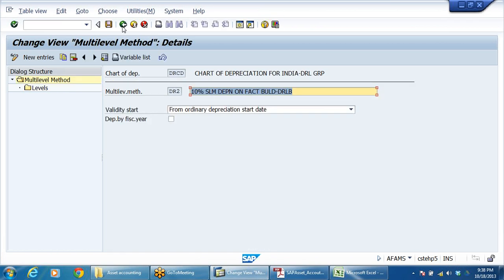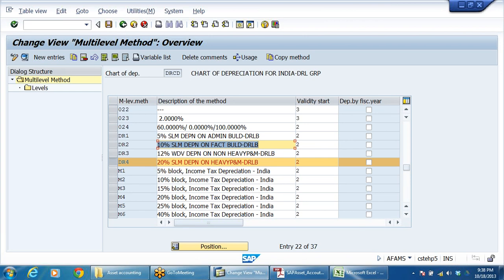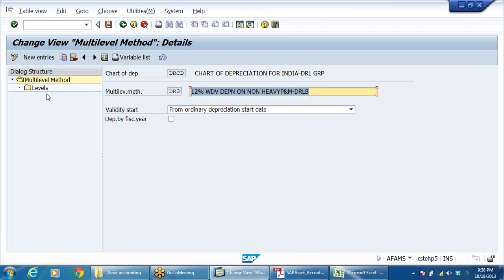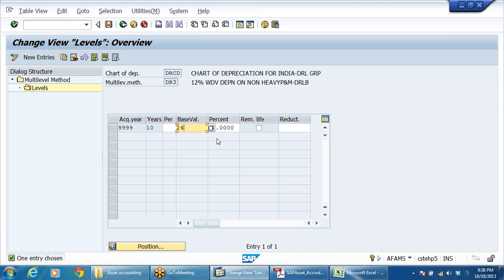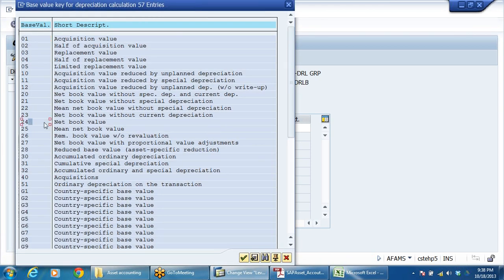But in the case of the WDV method, see here, DR3, go to the level, here I have taken 24. 24 is nothing but the written down value method. So the system calculates depreciation on the net book value, that is, whatever value is available at the beginning of the year, which is the original value minus depreciation. That is the written down value. Again, every year the system calculates depreciation on the written down value only,